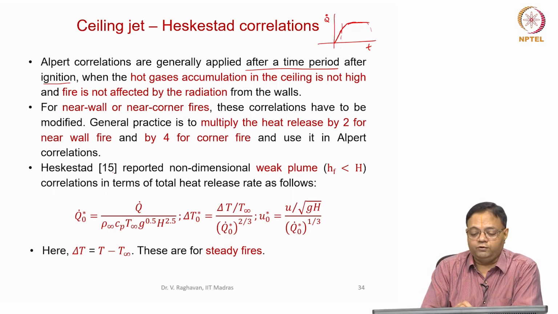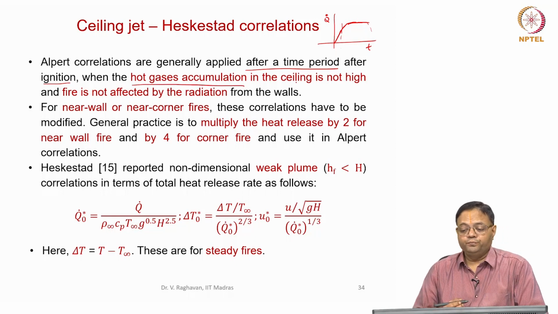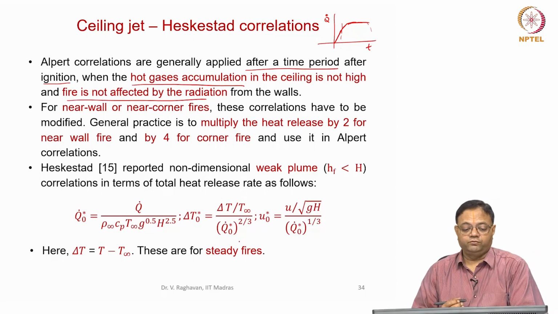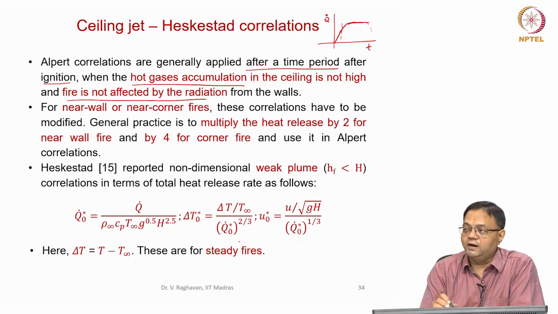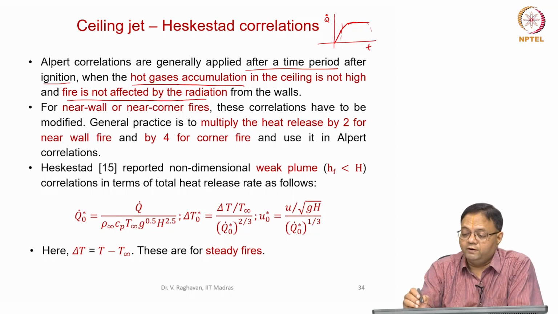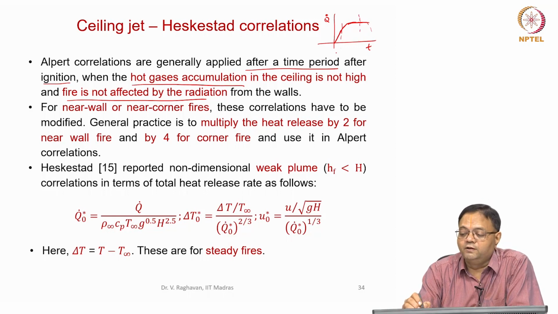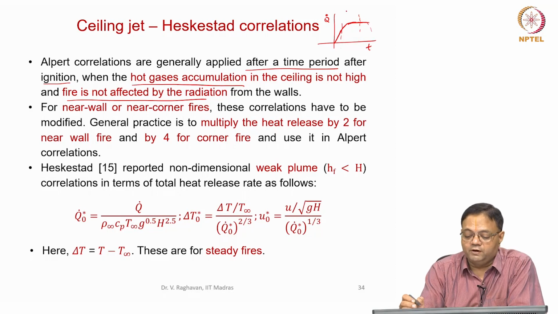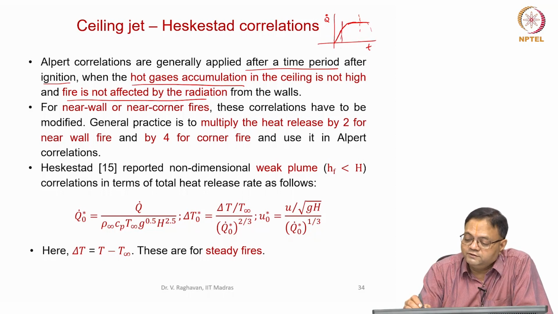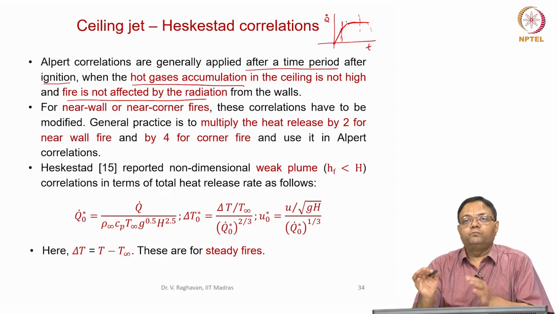Now this will also allow us to see that some hot gases are accumulated in the ceiling and the fire is not affected by the radiation from the walls. Do you understand? So the Alpert correlation is generally applied after a time period after ignition when the hot gas accumulation in the ceiling is not high. That means you cannot go to this point and apply this. You have to take the value of q dot well before the hot gases accumulate in the ceiling, or the radiation heat transfer is going to be influenced. So take somewhere here, just after ignition, where the fire has grown to some steady level,